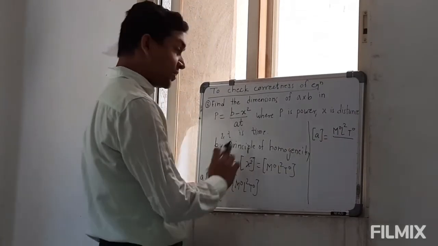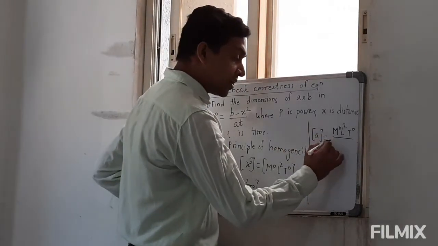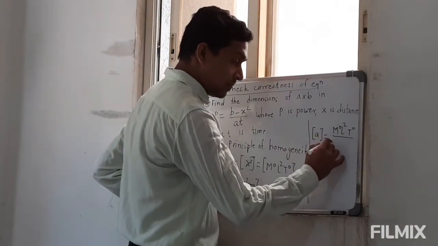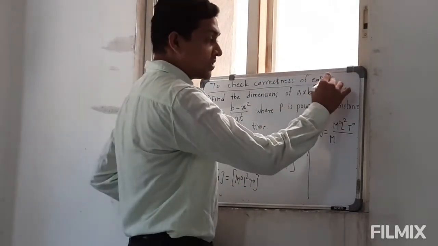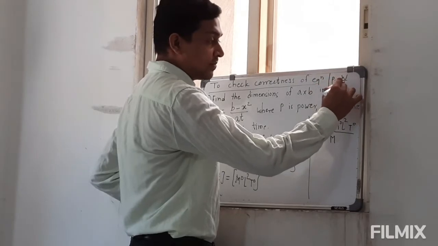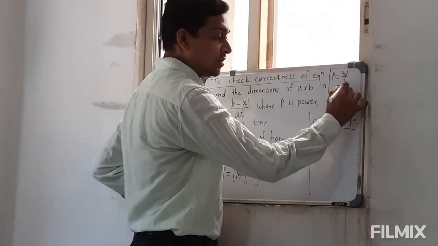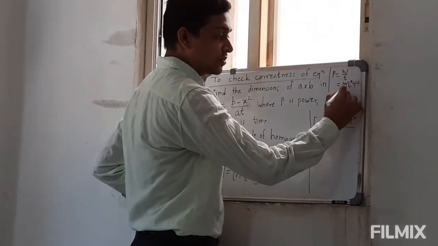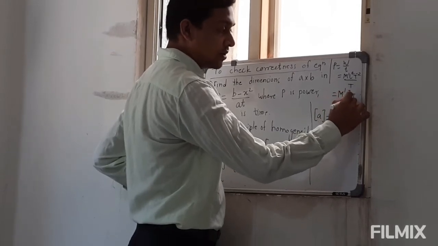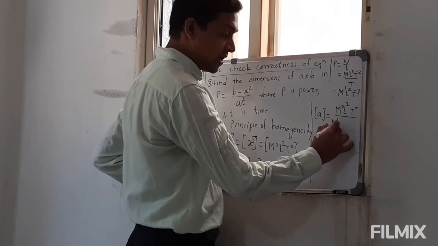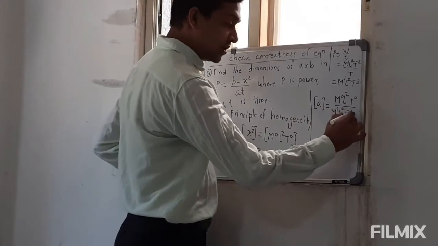So if I want to find the dimensions for A, it will be equal to M0, L2, T0 upon power. Power is work upon time, so we can find the dimensions for power separately. Power is equal to work done upon time. Work done has the dimensions M1, L2, T minus 2, upon T, so it will remain M1, L2, T minus 3. So we can use that over here: M1, L2, T minus 3 into time, so into T1.